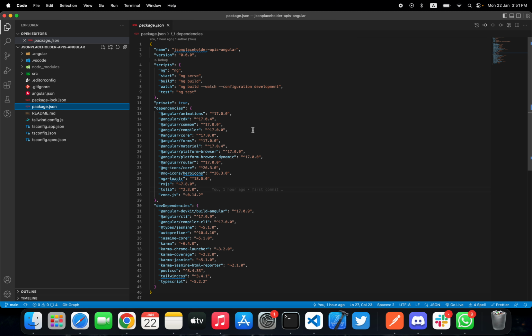I have installed three packages in this app. As you can see, ngx toaster for notifications when the user updates a user or adds a new user. When the user deletes, it will show the error messages or successful messages. I will give you a short demo on the UI as well, and I also installed ng icons, hero icons, and I will show you how we can use this one. Basically this one is used in the latest Angular versions, and I also installed Angular Material UI and Tailwind CSS for